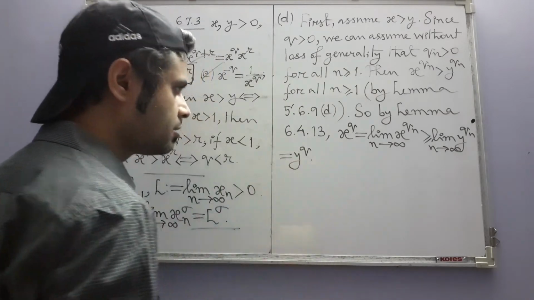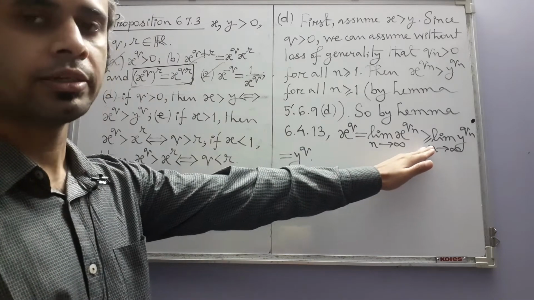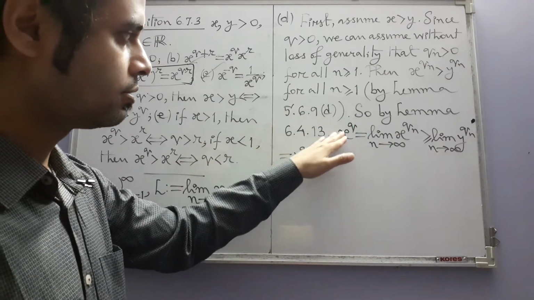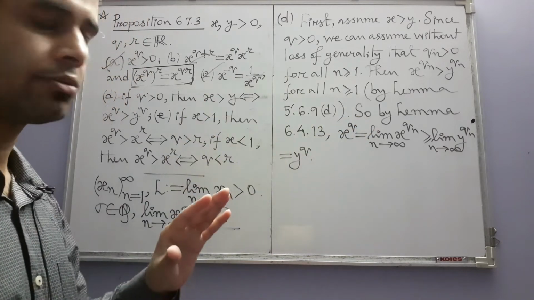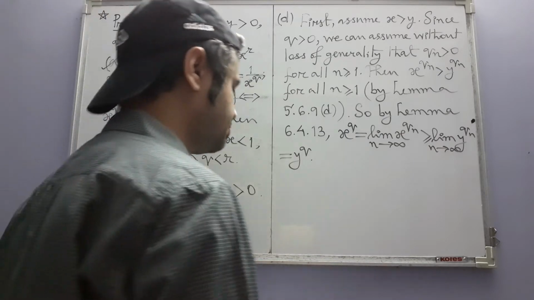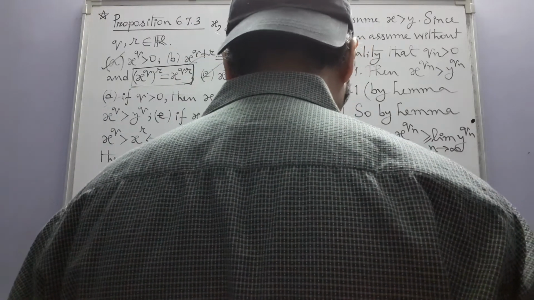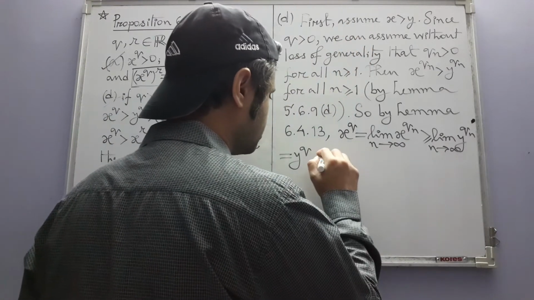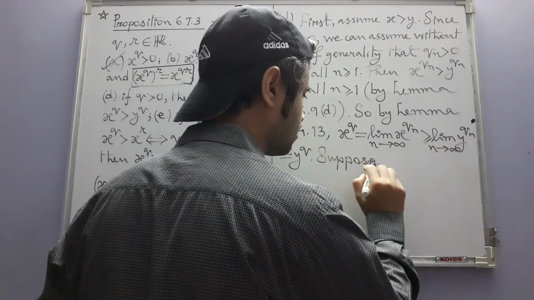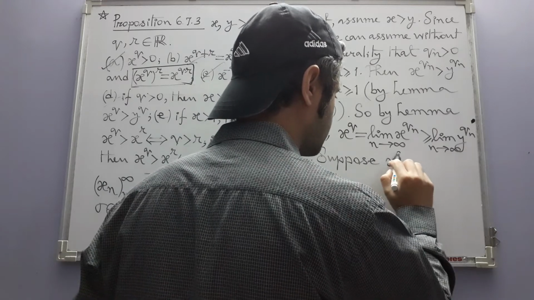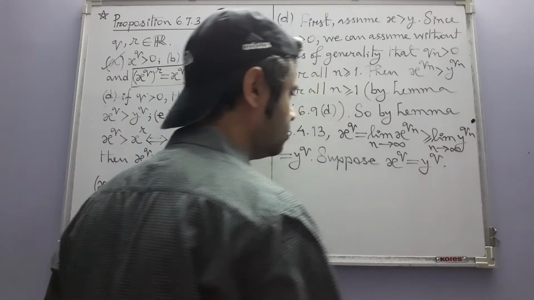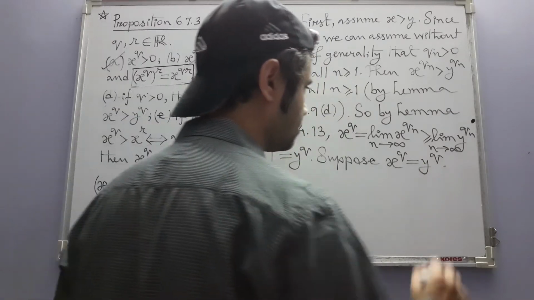In the comparison principle, we just have inequalities like this. We don't have strict inequalities. So at once we cannot conclude that x to the power q is strictly greater than y to the power q. We have to work more for that. And that's what we are going to do next. Suppose x to the power q is actually equal to y to the power q. Then